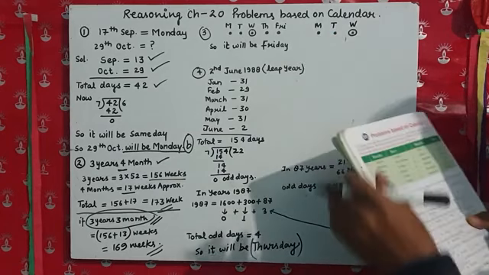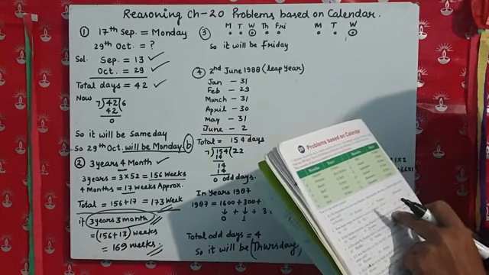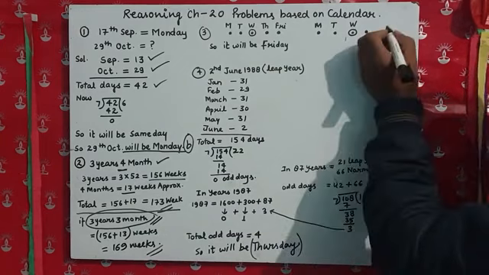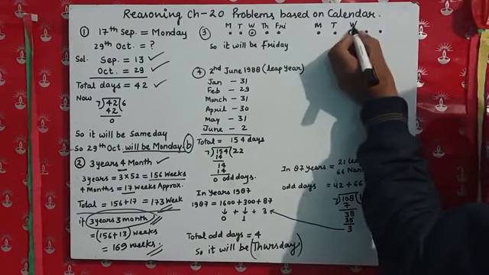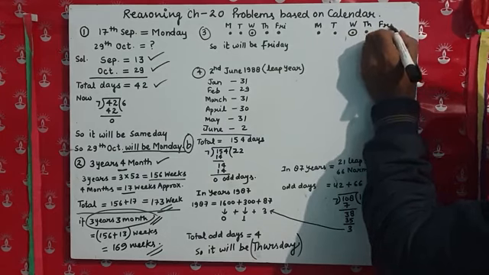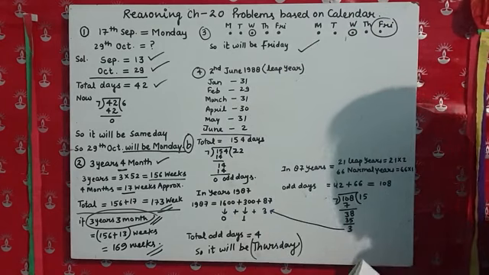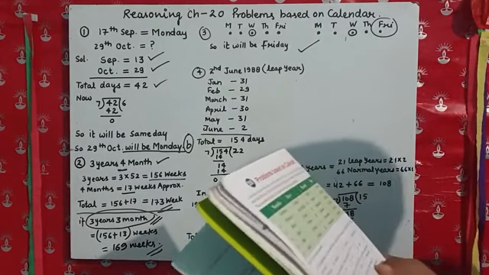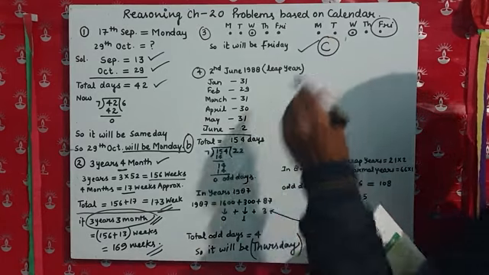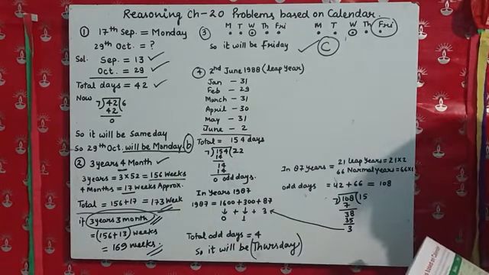Now the question is asking us to find what day will fall on the day after tomorrow. So this will be tomorrow, and this becomes the day after tomorrow. So Wednesday, then here becomes Thursday, and it becomes Friday. So the correct answer will be Friday, whatever the question is asking. So here option number C is correct. Option C is correct. Now going to question number 4.